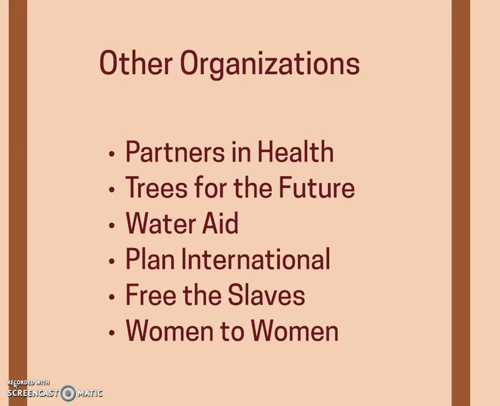Plan International is a holistic organization that also does some other kind of work as well that we may have a chance to talk about later on in the course, but they focus on children's development. Free the Slaves is an organization focused on reducing the problems of human trafficking in the world, again with big projects that help to reduce the demand and also the supply of people who are trafficked. And Women to Women International is an organization that works specifically on women's development, helping women to find new livelihoods, especially in war-torn areas. And there are many, many other organizations that do this sort of work, but these are just some other ones that I know of that are pretty reputable that you might look into a little bit.